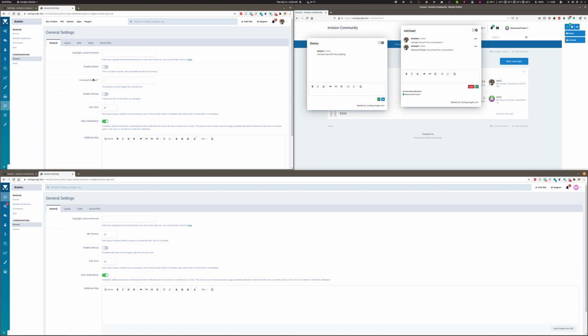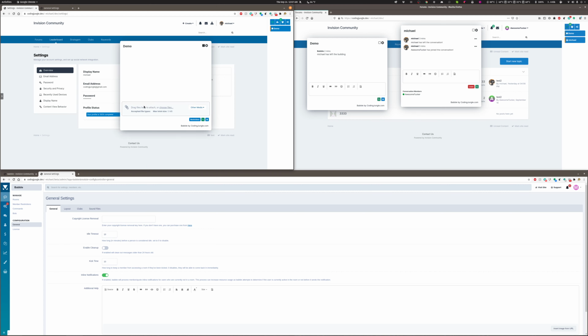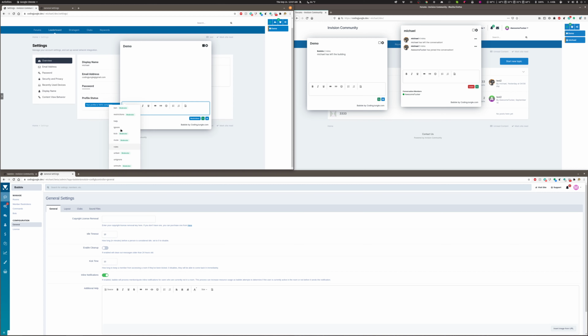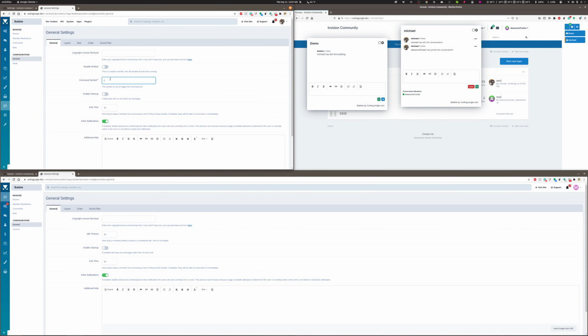Command symbol. For some reason, I had this as a request, and I didn't give it a whole lot of thought at the time. But since I had to rewrite a large portion of Babble, I decided to see how feasible of an idea this is. Typically on commands, if we come here and we type the /, we get a command list. And then we can choose which command we want to use. But here, if you don't want it to be the /,